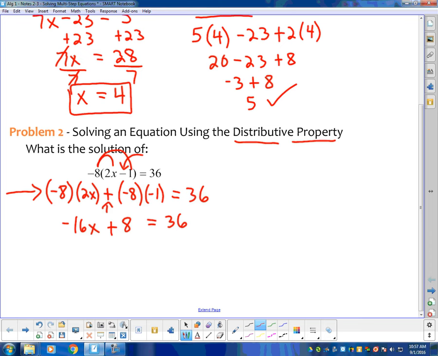Let's finish this off. Subtract 8 from each side. So a negative 16x, this is canceling to equal 0 here. So those are gone, just leaving negative 16x. 36 minus 8 is 28 here. And when we divide 28 by negative 16,